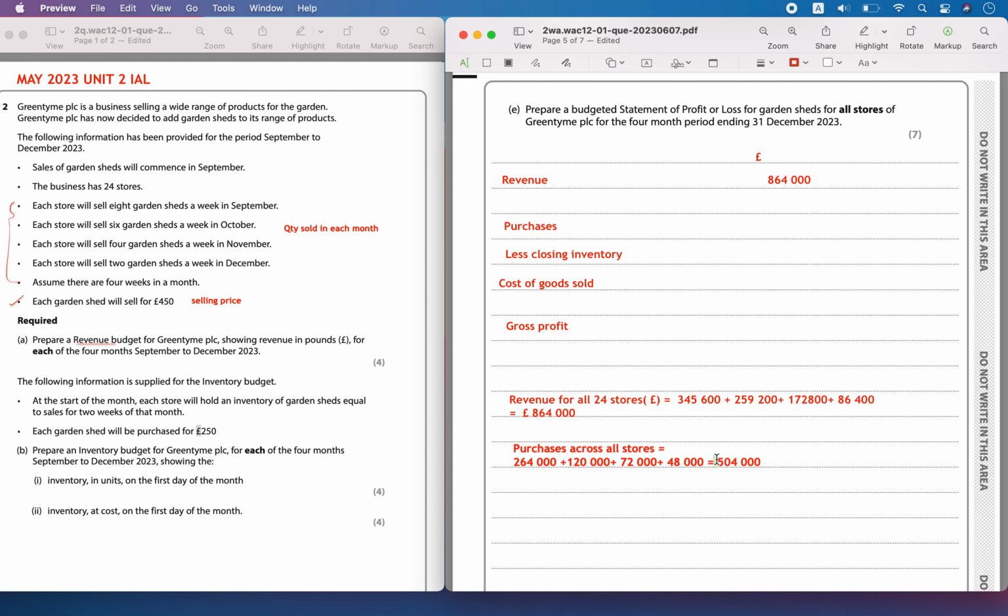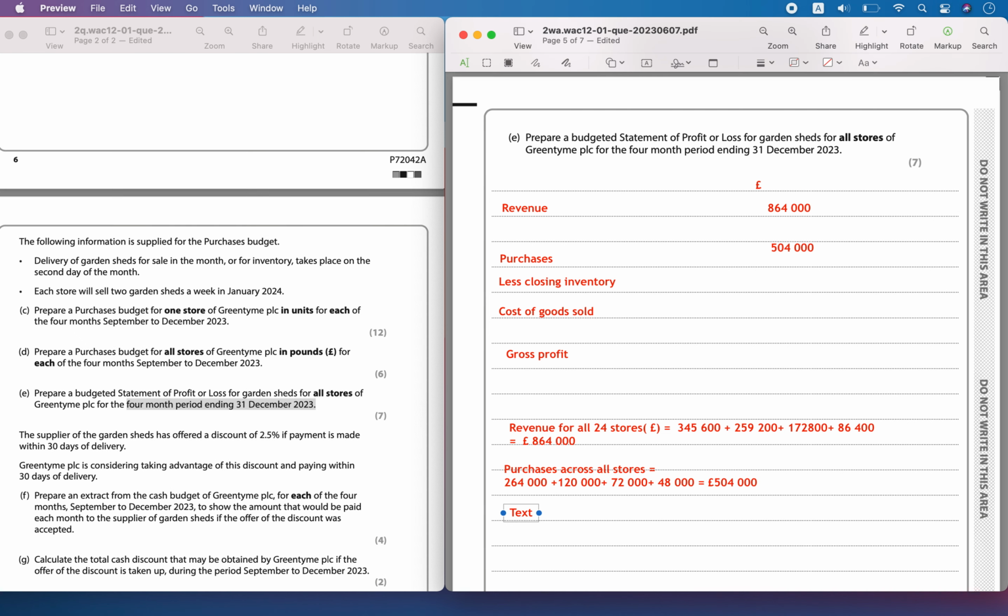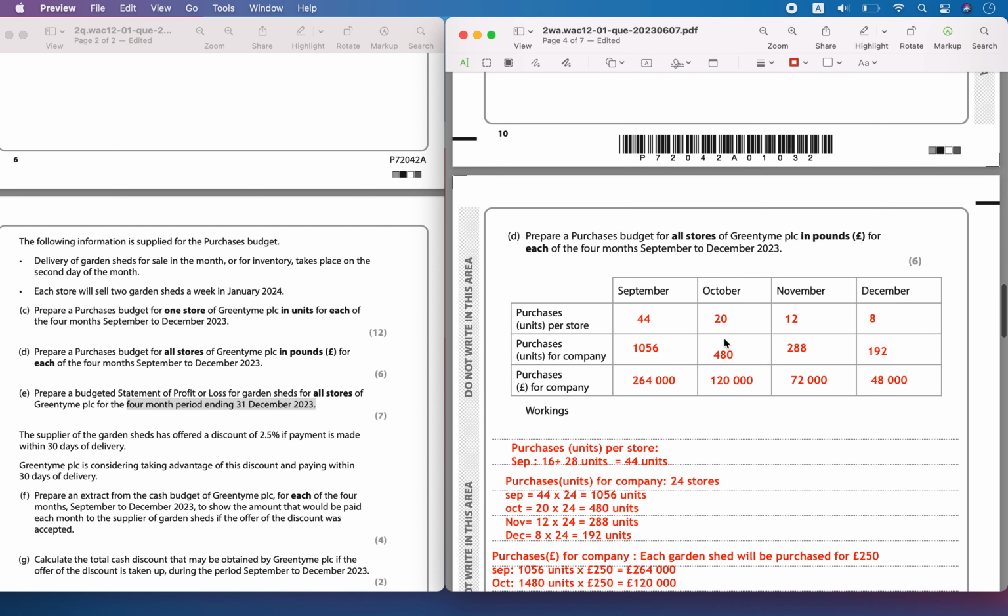So 504,000. Let's write it here. The total purchases was 504,000. Then what was the inventory left after the sales? Closing inventory is going to be equal to